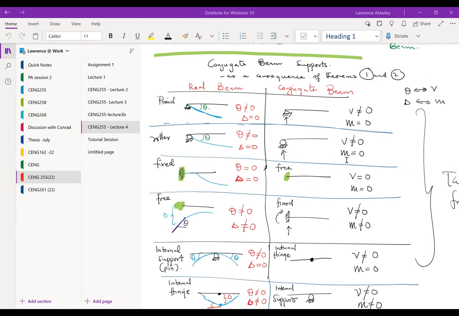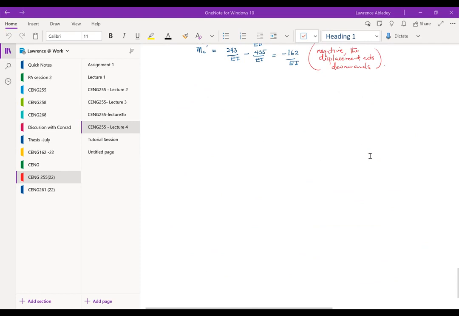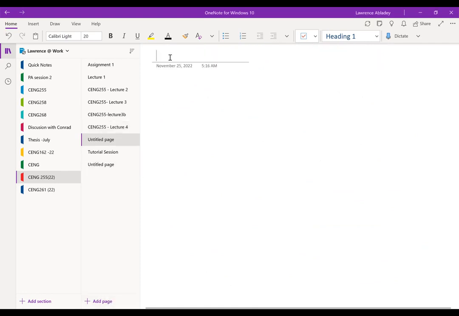All right. So in a real beam, if you have a pin support, a pin support, we know that a pin support has two support reactions. So let me just do this so that